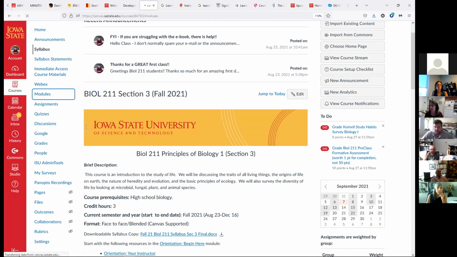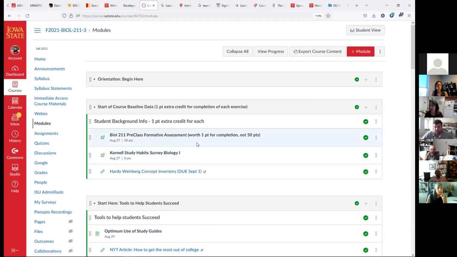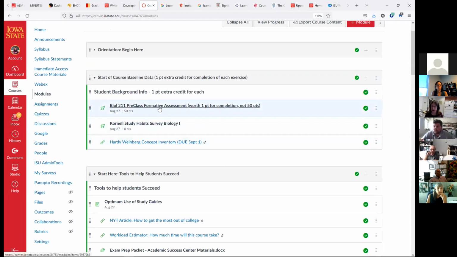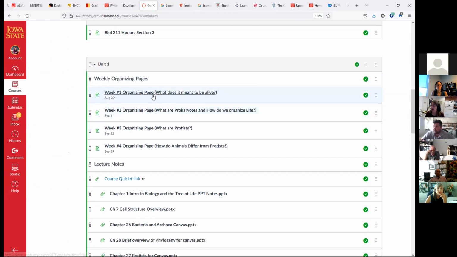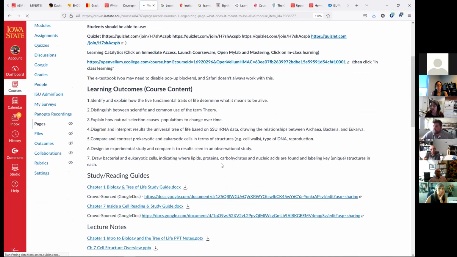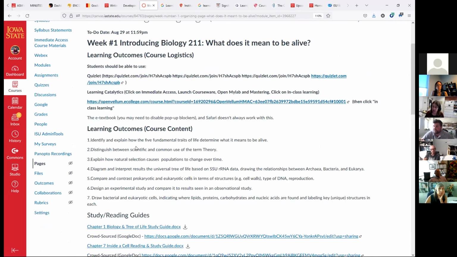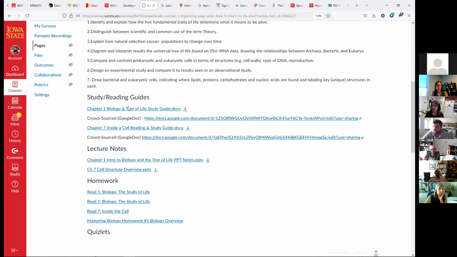And let's see. So the first thing is they have a pretest. This is actually how I'm going to be measuring what they're learning, and it's designed around the course outcomes and course goals. And then the thing I do in class is I give them their learning outcomes for the week, and then I have them designed